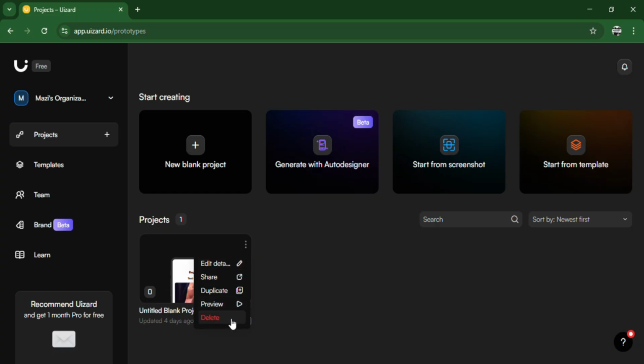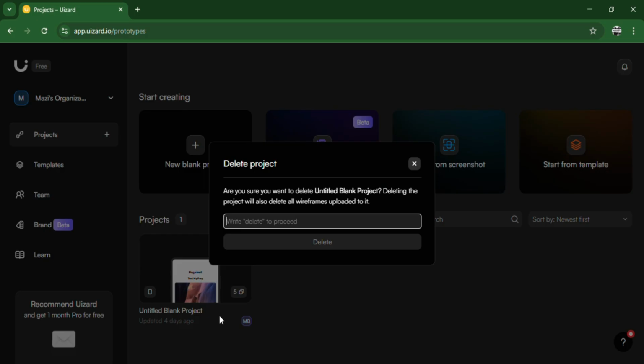Because in this free plan, remember we are making use of the free plan, we are allowed to have just 2 projects. So I would go ahead to delete this project to see if we're going to be allowed to have additional projects. All right, now let's delete this project. So I would go ahead and say delete,